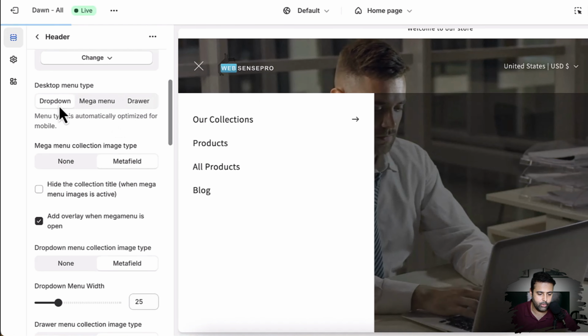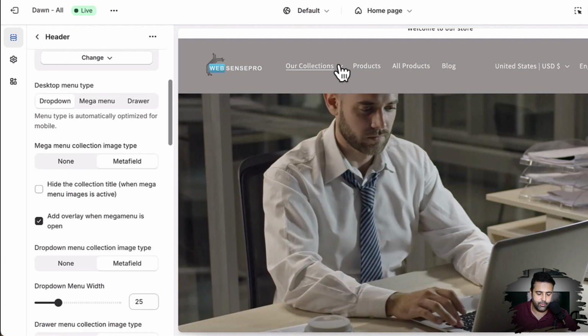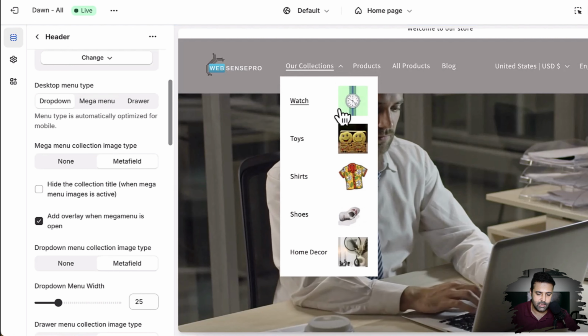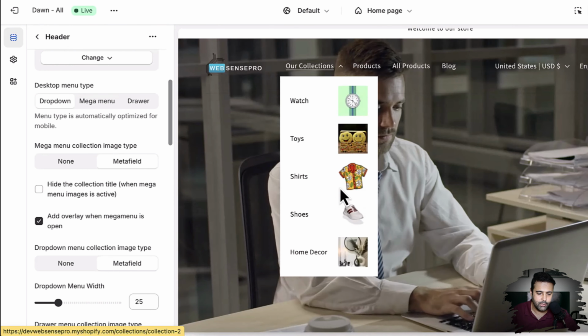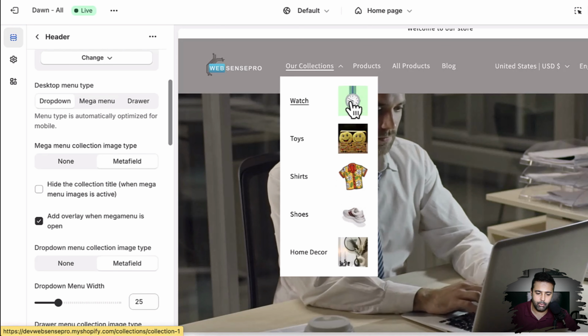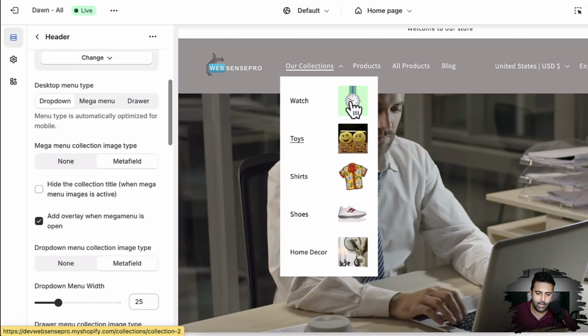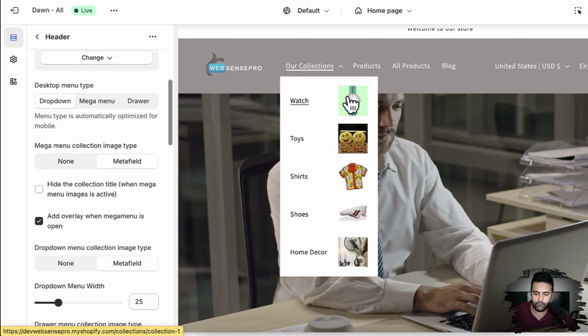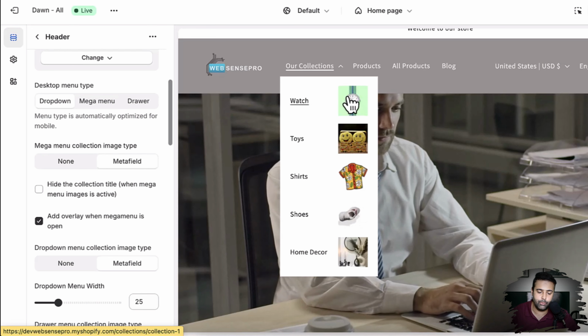So if I click on the drop-down version, here I have the drop-down menu, and you can see these images are showing up. So these images are being pulled from the meta field, and I'll show you how to create meta field as well. If you don't know about the meta field, I've created a detailed video about meta objects and meta fields,